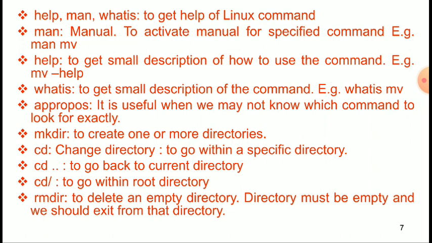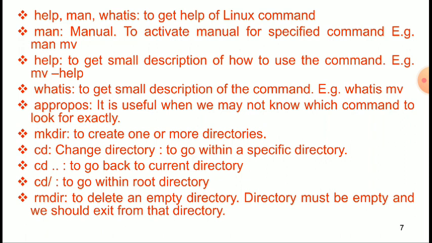Next command is apropos. That means it is useful when we may not know which command to look for exactly. Next command is mkdir.